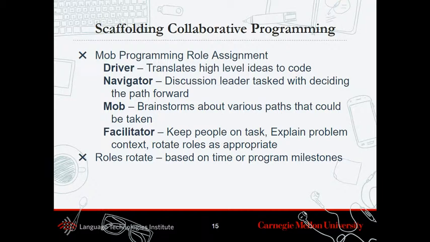Okay, so let's talk about the scaffolding. It's called mob programming. There are 4 roles. There's a driver who's doing the software development, a navigator who's actually directing the process. There's a mob role where the person or people in the mob role can play a supporting role. They can offer challenges, they can look up things, they can try out other solutions and weigh in on the decision making. And then there's a facilitator who could be like a learning facilitator, drawing out more reflective discussion from the others. And this role in our study is taken up by a conversational agent.